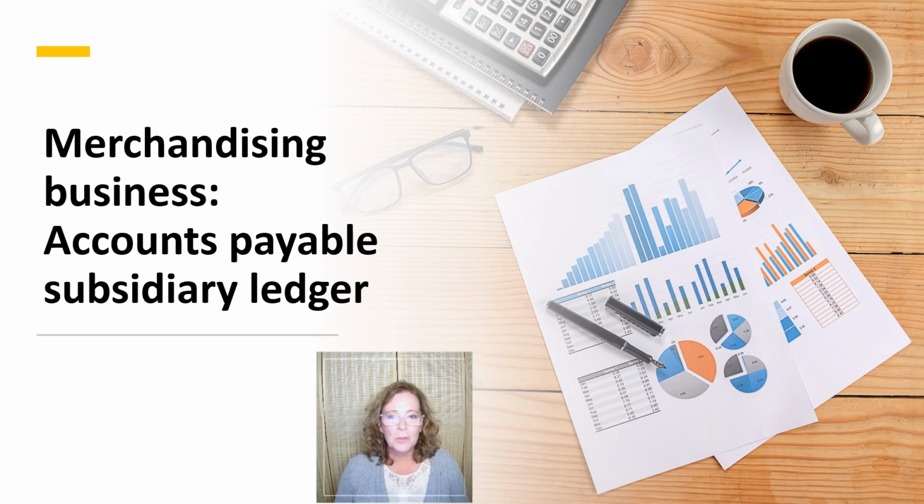It would be quite difficult to look at the general ledger account and quickly tell what invoices are still open and must be paid. That's where the accounts payable subledger comes into play. The accounts payable subsidiary ledger is a detailed record that contains the individual transactions related to accounts payable, separated by vendor. The subsidiary ledger breaks down the total accounts payable into individual accounts for each vendor.